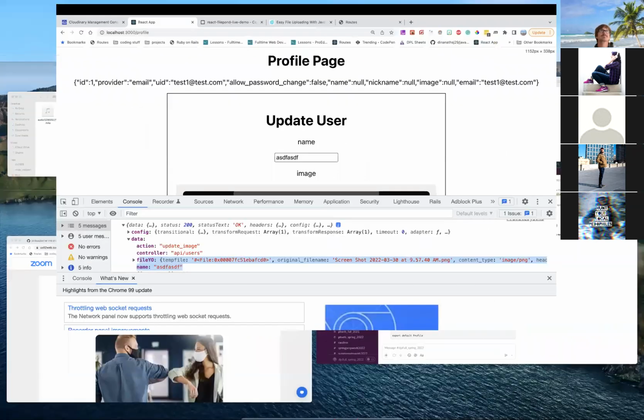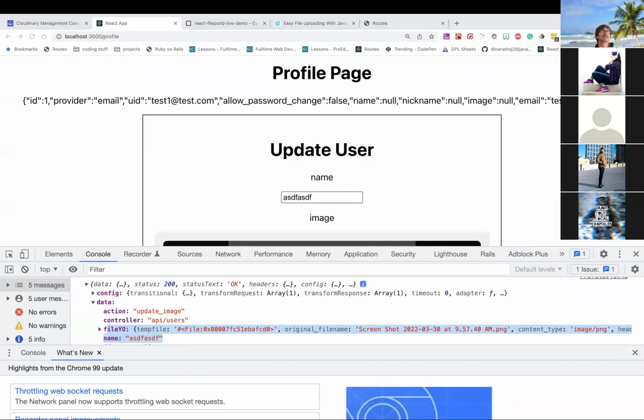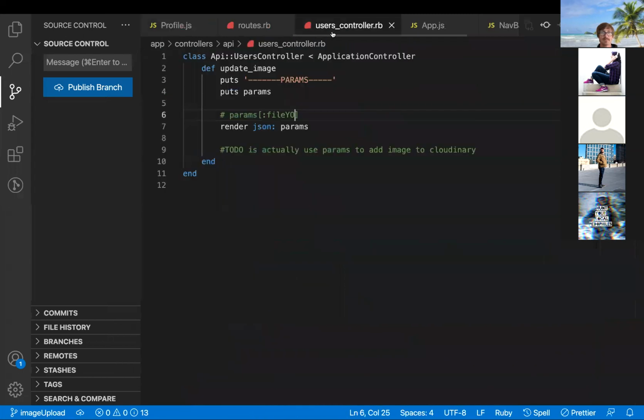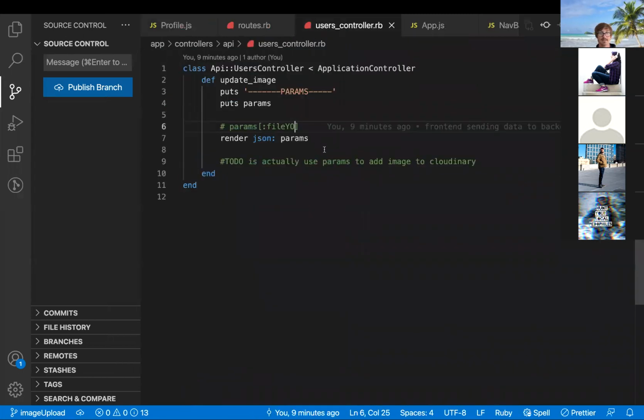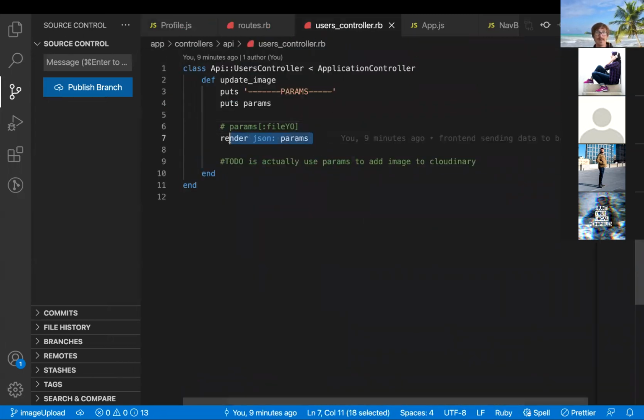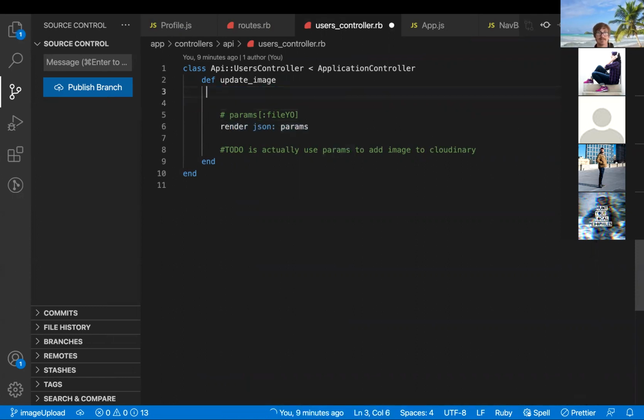All right. So now what we want to do, and this is definitely going to be something new for us. We're going to be in our users controller, right here. We don't want to render back. We don't want to put this out here or render JSON params. So think about this. What we actually want to do,